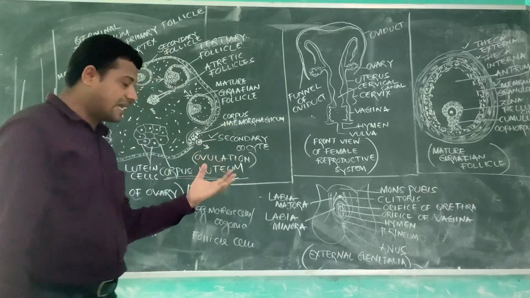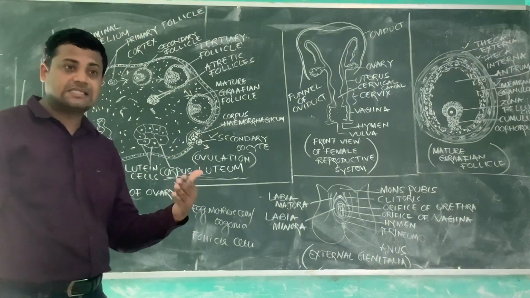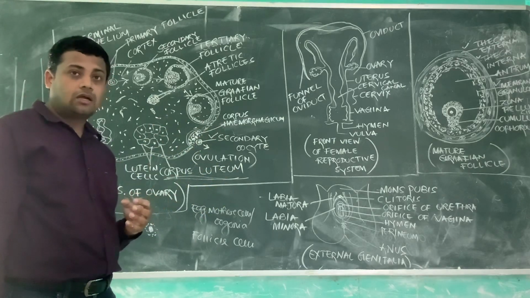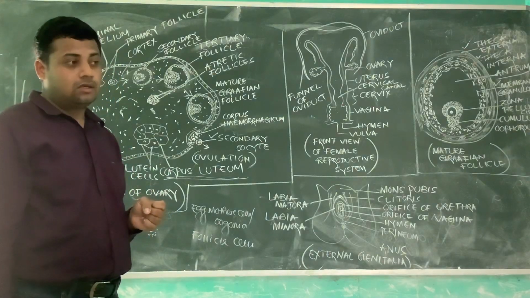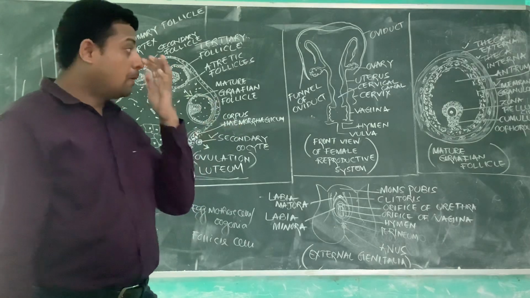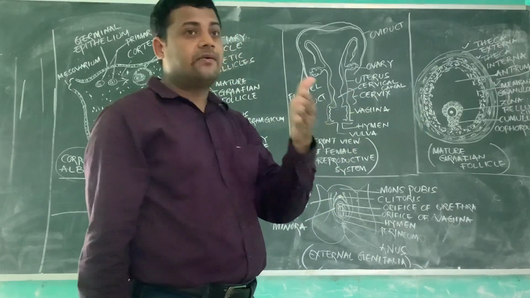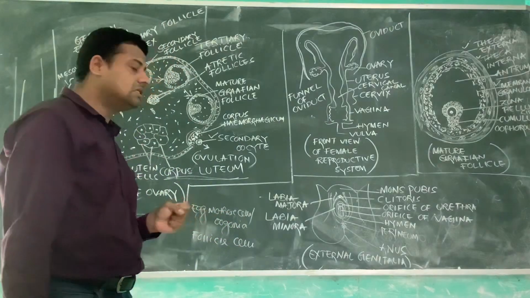These secondary sexual characters start from puberty. When a girl attains puberty, by the influence of estrogen, secondary sexual characters are formed. We previously learned that in case of a girl, the age about 11 to 13 is the attainment of a reproductive life or a sexual life or puberty.